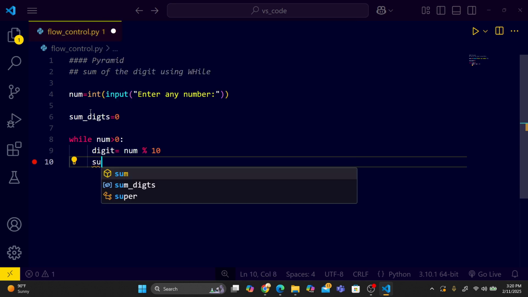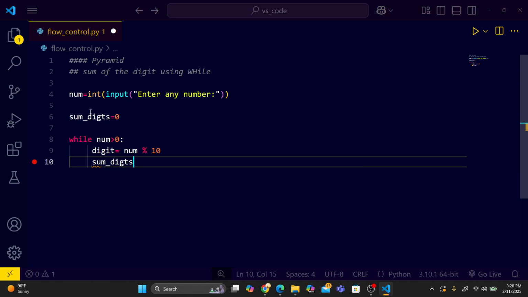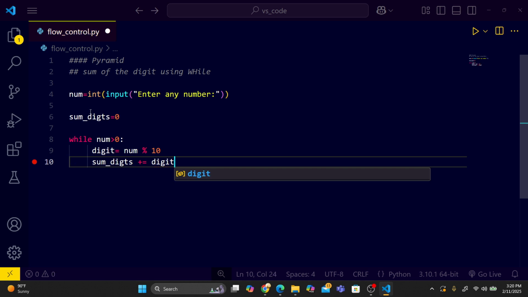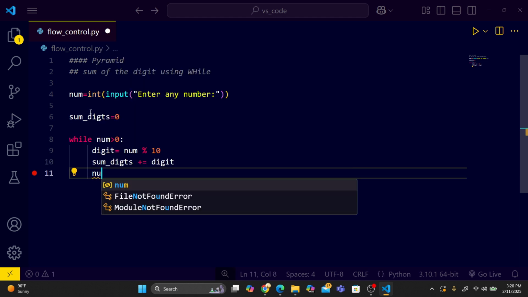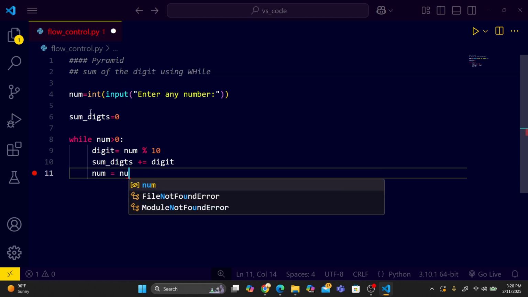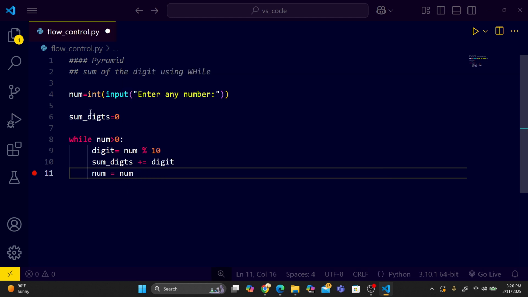So sum digits plus equal digit, obviously sum digits equal to digit, and then num equal num divided by 10. Okay,